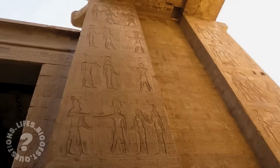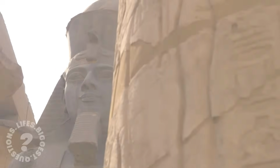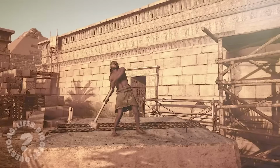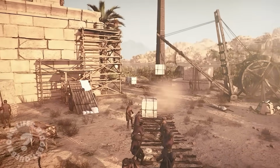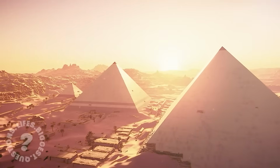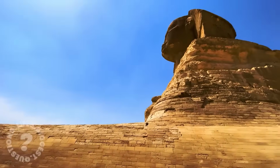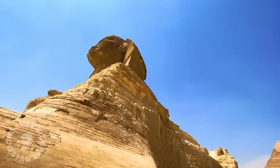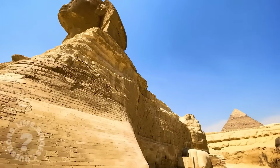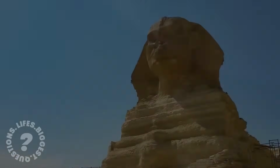They would like us to believe that all of this spawned from a very specific time period. Dynastic Egypt, as we know it, going back to about 3000 BC, was really a legacy of what I call now an earlier cycle of civilization. As a geologist with a geological eye, this was not weathered by wind and sand. This was not desert erosion and weathering that I saw on the Sphinx, the body of the Sphinx, which is